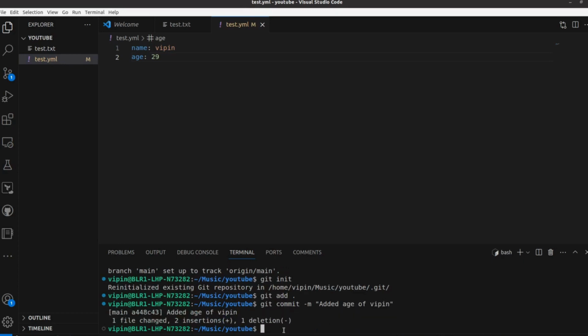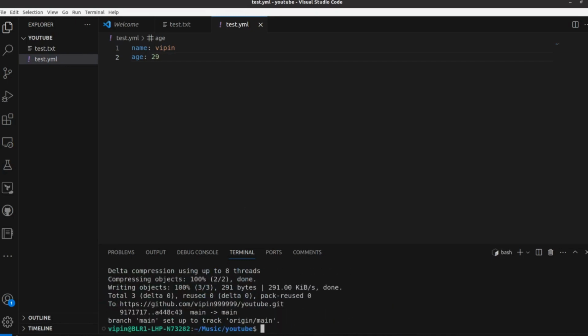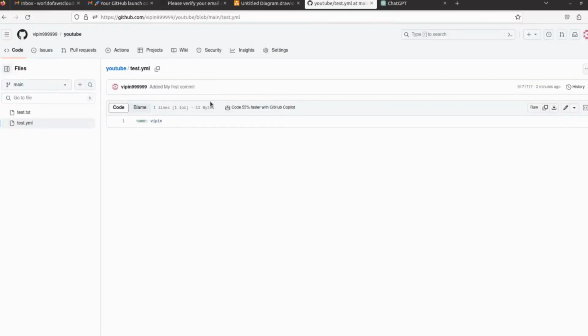Then we use git push -u origin main. So we have successfully pushed our changes to the main branch. Let's refresh this, and you can see we have successfully added the age.